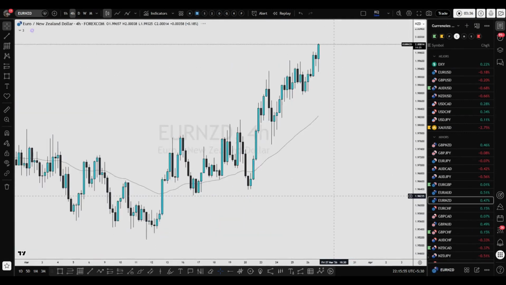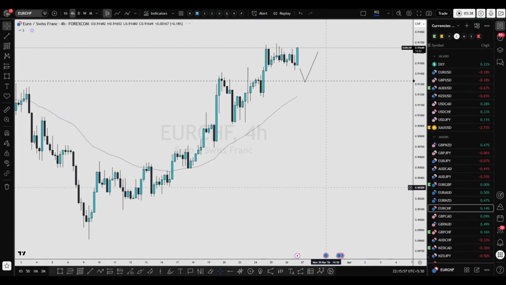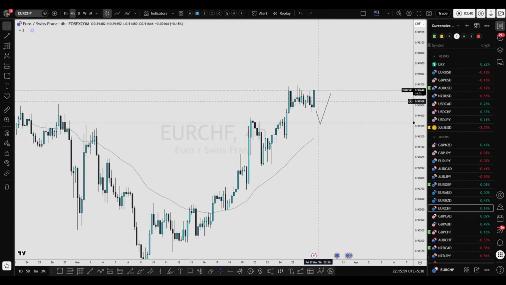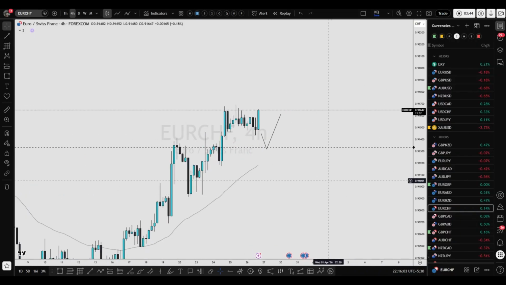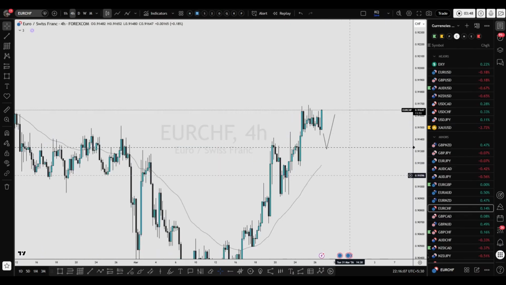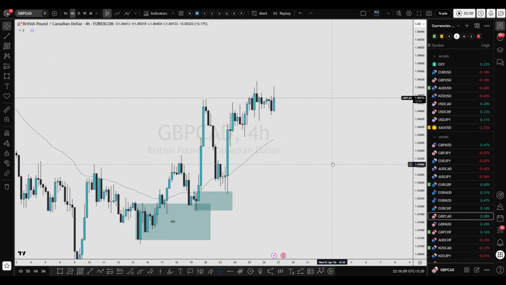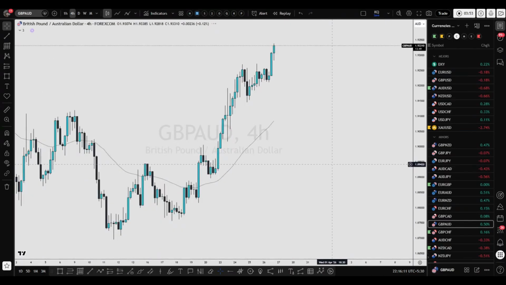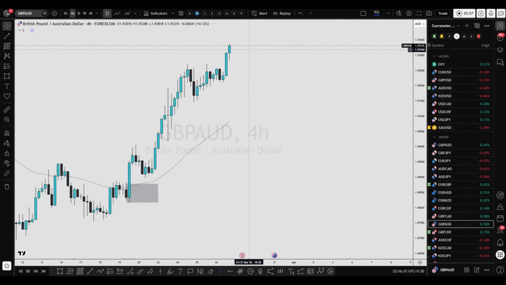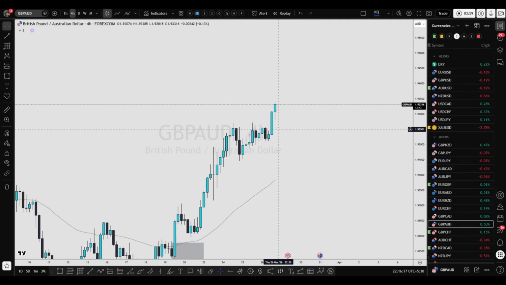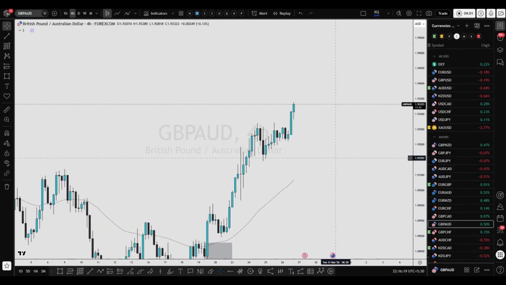Euro AUD, nothing is there. Euro NZD, nothing. Skip. Euro CAD, I was waiting for a deeper correction downside, but I have to wait a little because we are already creating a new higher high. So there is nothing. GBP CAD, definitely a skip. GBP AUD also skip. I'm waiting for the deeper correction in GBP AUD, then I can start looking for longs.